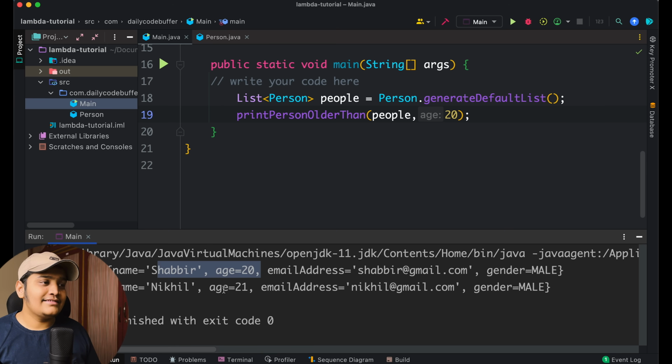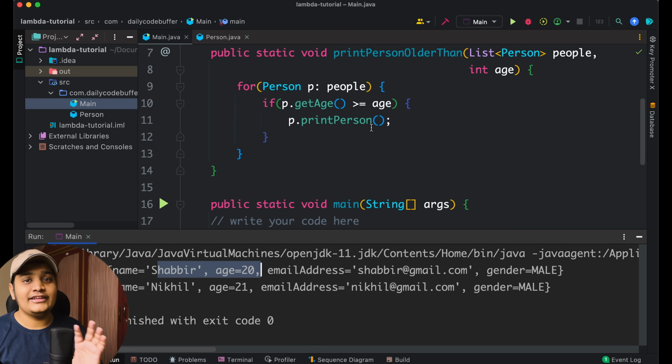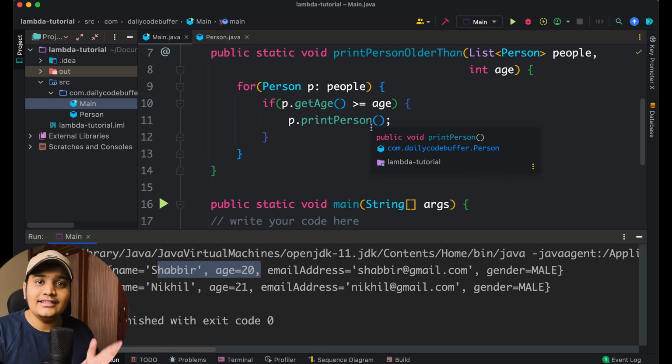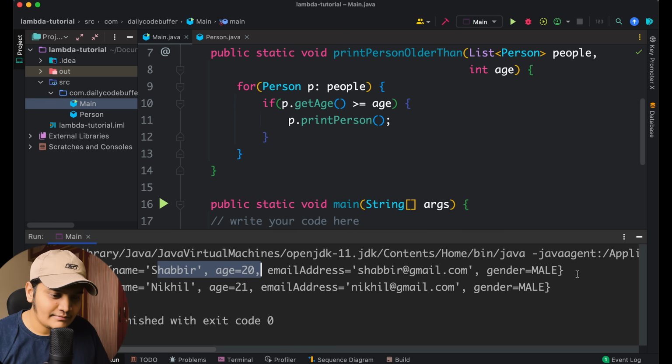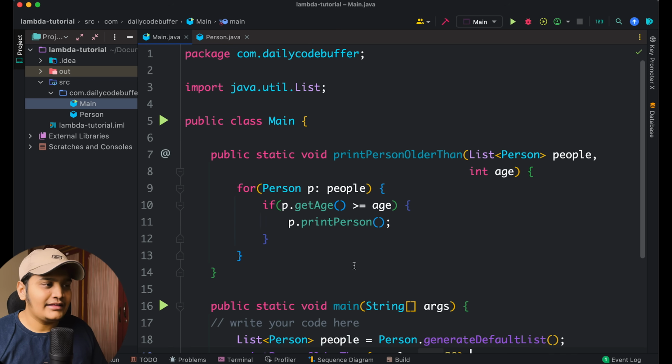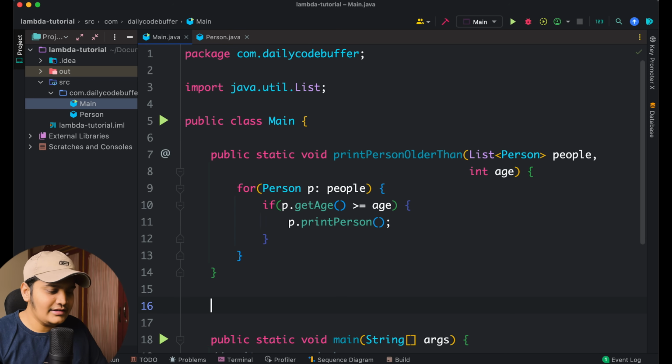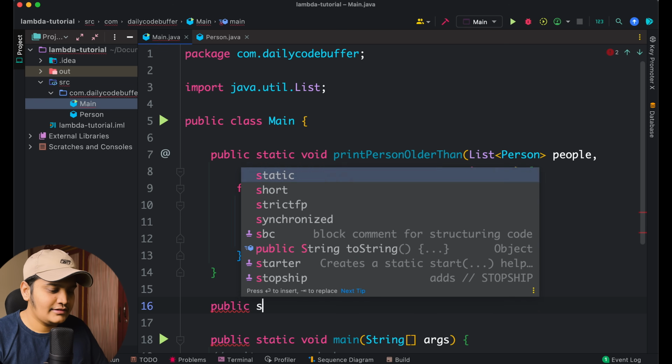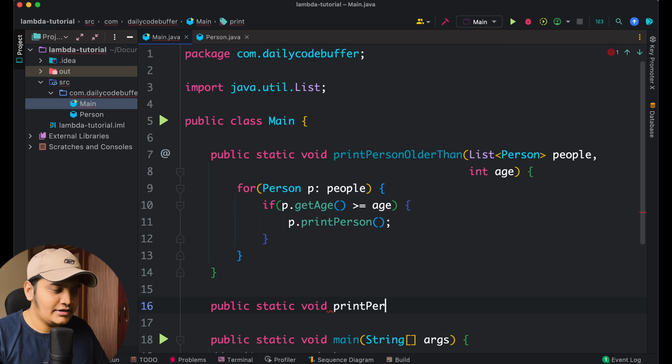Now the user has another requirement: he needs the data based on a range of age, from this age to this age. Now you can see that the criteria has changed and the business logic has also changed. So whatever business logic we wrote here is not going to work. To handle that, we can have another method that handles that particular logic. So let me create that method as well. We can create one more method, public static void print person